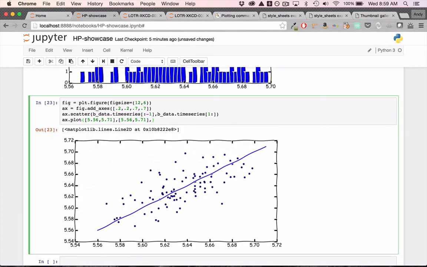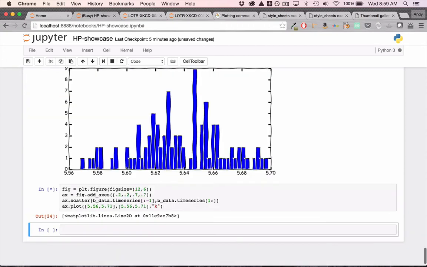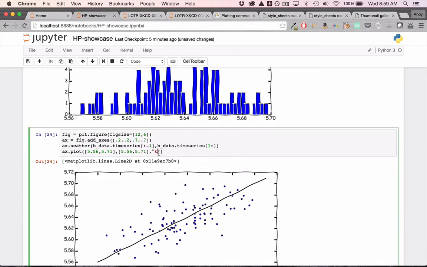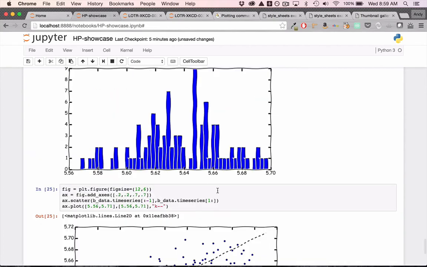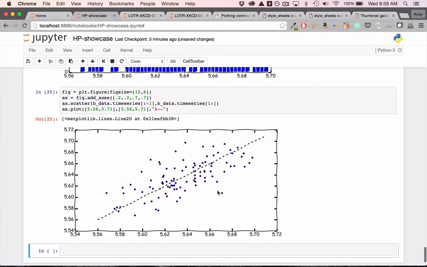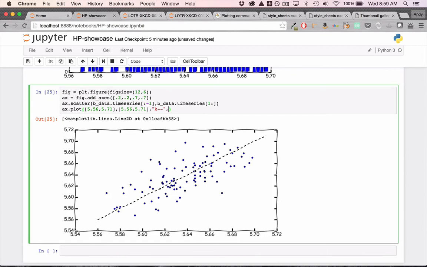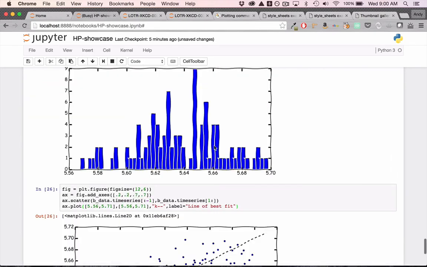There's the default colors that are like MATLAB. K is going to be black. We can then pass it a line style, so we can make a dashed line, for example, and then we can also give it a label. So I give it a label: this is the line of best fit. We just made this up, of course, but there's a line of best fit, and if we want to actually